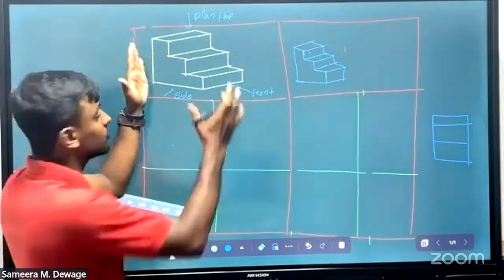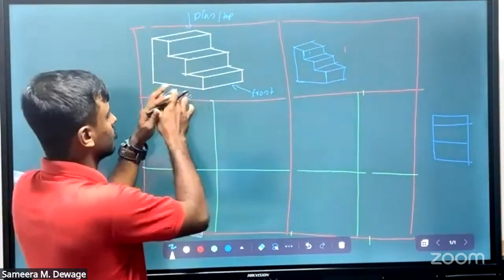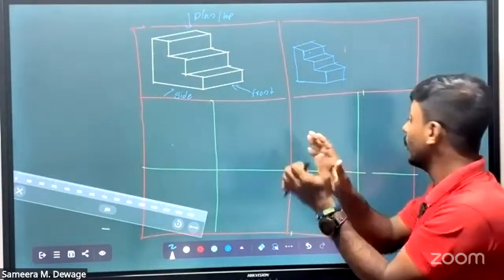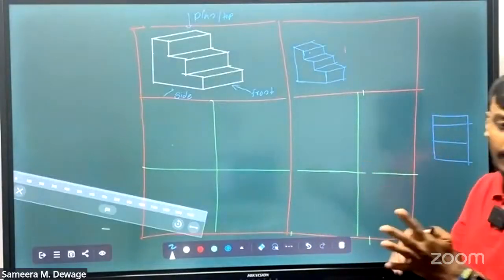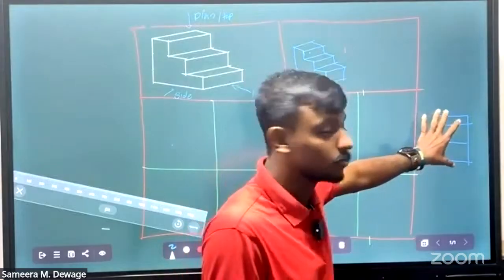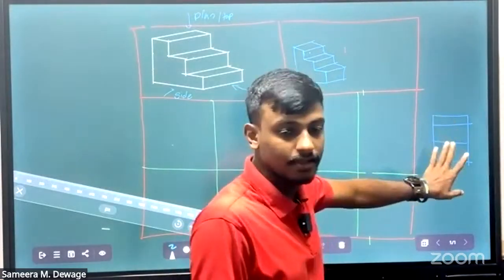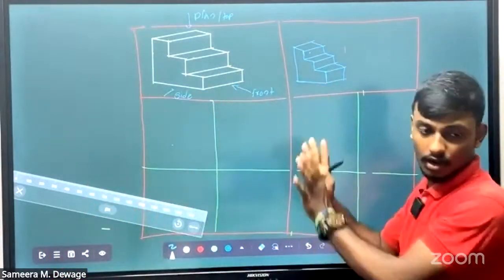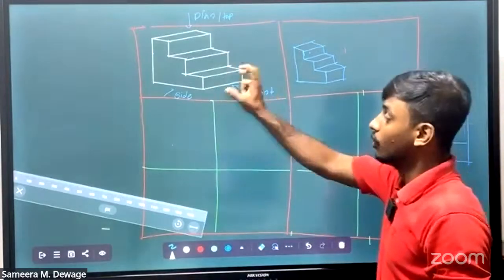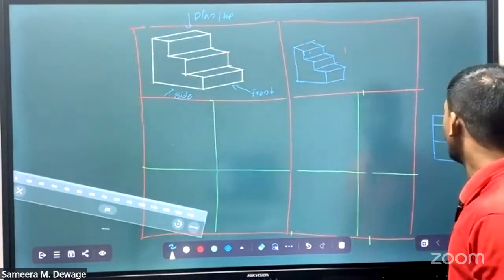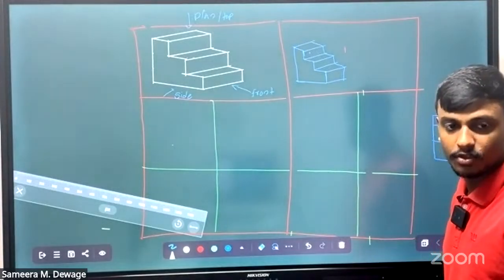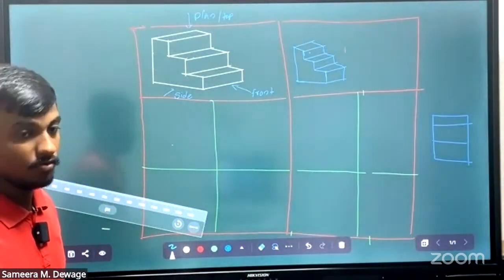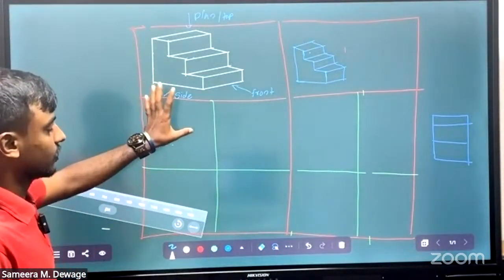What you need to do is compress this object. As you compress it from the front side, when it comes to the flat surface, the image should be like this, right? If you look at the object from the front direction, your image should be like this. Right, your view is like this. Okay, so the first